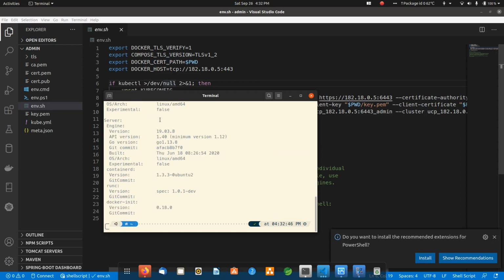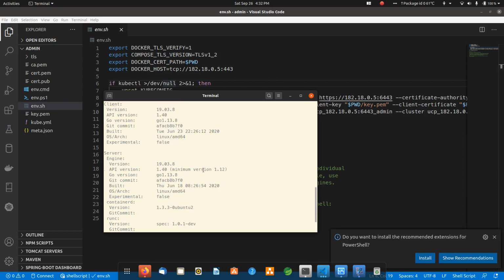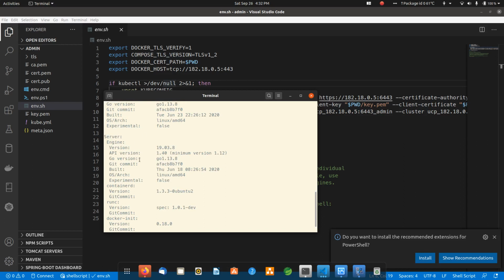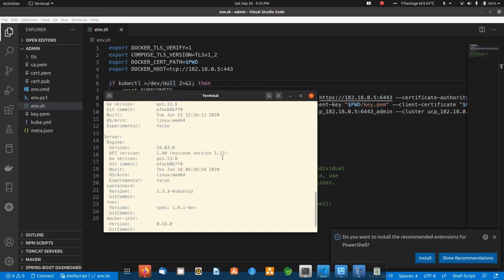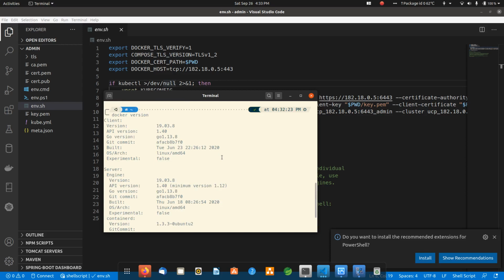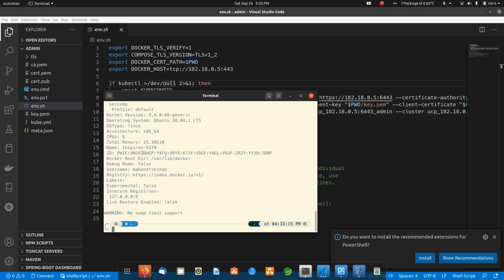All this information is present, and if I use the docker version tag, it will show me that I am indeed using Docker Community Edition. This is Docker Engine. You can see the version number and all the other details like this. Okay, I am using Docker 19.0.3, that's my Docker Community Edition, by the way. Docker Community and Docker Enterprise are also displayed in docker info. When you run docker info, it will show you which version of Docker you are running.